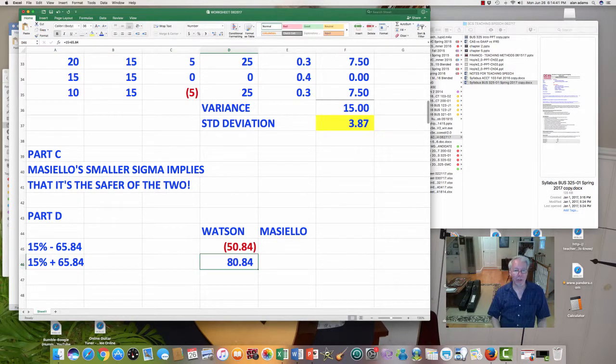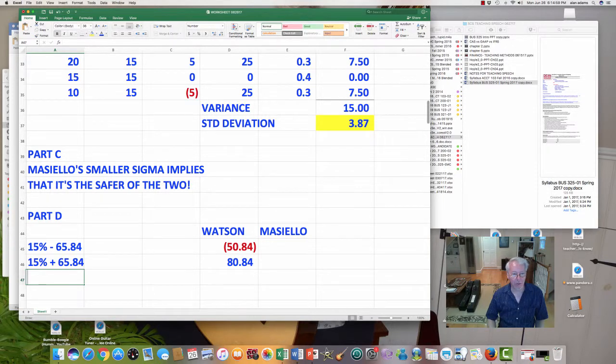So my conclusion is there's a 68.3% probability that Watson could go as low as 50.84 return and as high as 80.84. What about